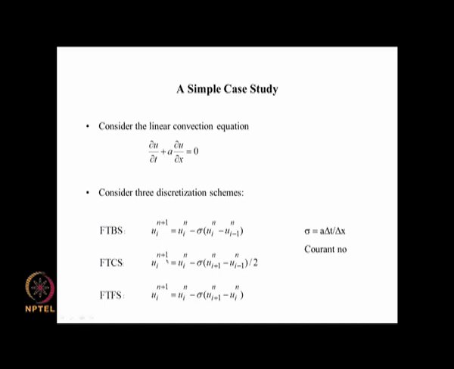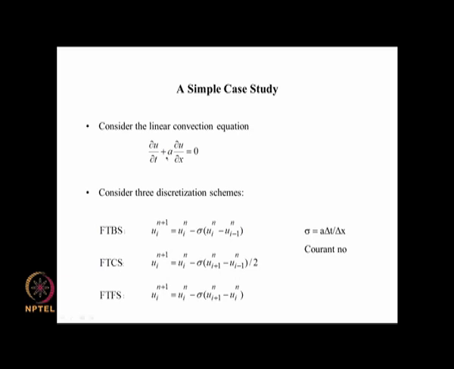So we are claiming that at this stage these two differ only by the truncation error. Okay. So if the error between the equation that you are solving and the equation that you are supposed to solve goes to 0 as delta t and delta x tend to 0, then you can claim the consistency condition. Okay, that you have a consistent discretization.